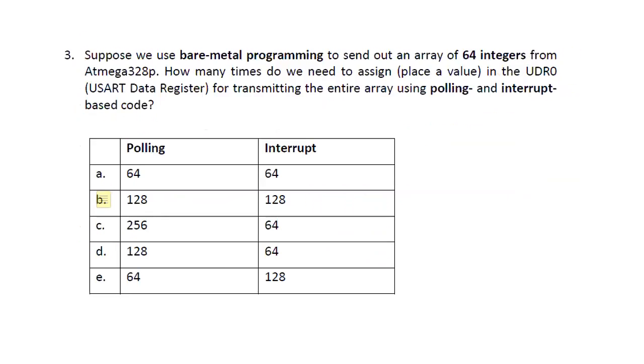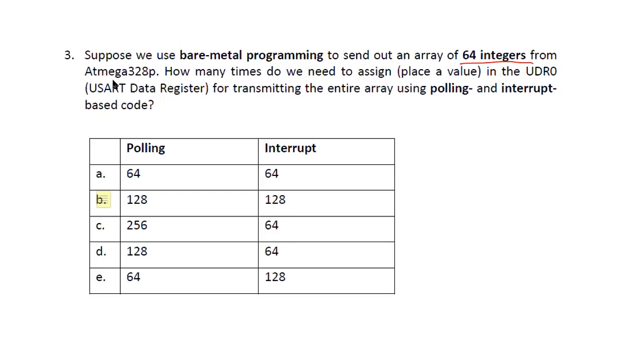For question 3, we are using bare metal programming to send out an array of 64 integers from the ATmega328, which is our UDR0. How many times do we assign or place a value in the UDR0 register for transmitting the entire array, using polling or interrupt? If you remember your UART protocol, for transmitting,